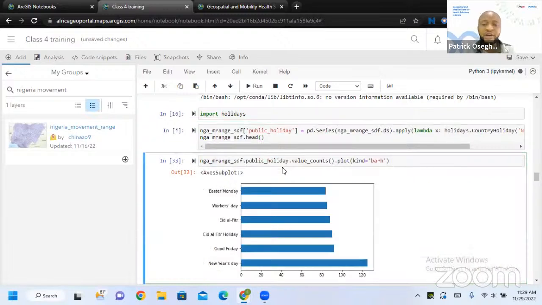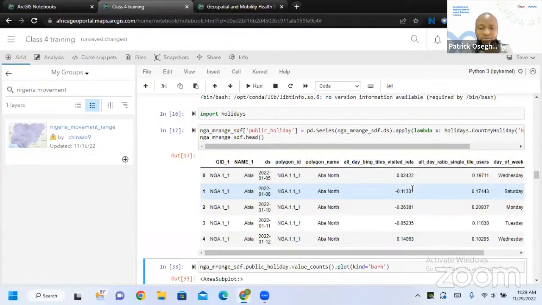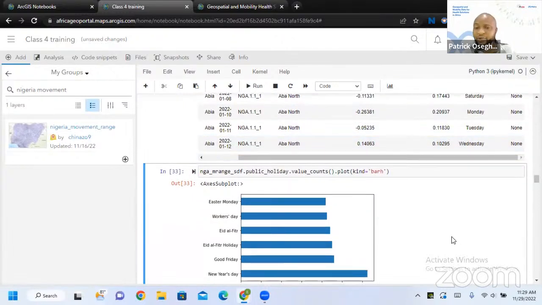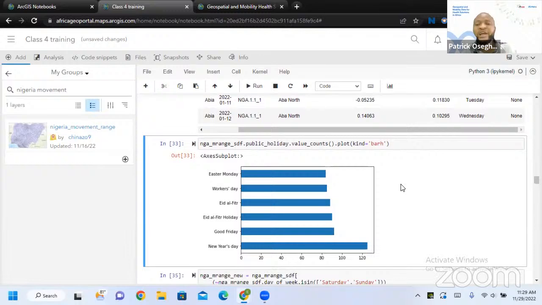I'll create it. It will take a few seconds. Maximum of 1 minute to run, but the data is not large, so it's very fast. Now let's look at it. Now we have no, meaning at this point there was no public holiday, and this data is very small. It's just from January to May, which I've selected 2020. Keep that in your mind. If I was starting from 2021, it would take like a minute 30 seconds to process. I want to check how many public holidays appear most in my data.